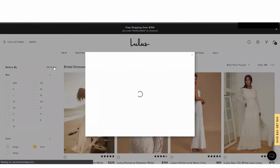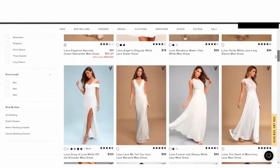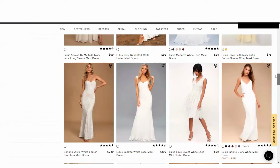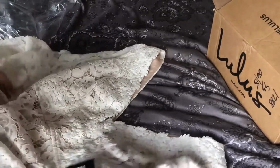Okay, so the reason LULUS is on this list should be pretty obvious. If you've never shopped at LULUS before, it's just very affordable. All of their wedding dresses, or maybe not all of their wedding dresses, but many of them are in the $80 to $200 range, and they're really beautiful. I think at this point I've tried on like 15 or so wedding dresses from LULUS, and those range from pretty casual to formal to fancier, and you can tell it does matter how much you spend on the dresses in my experience. So I've gotten a dress that was a little bit more expensive, maybe like, oh, I can't remember now, in the like $140,